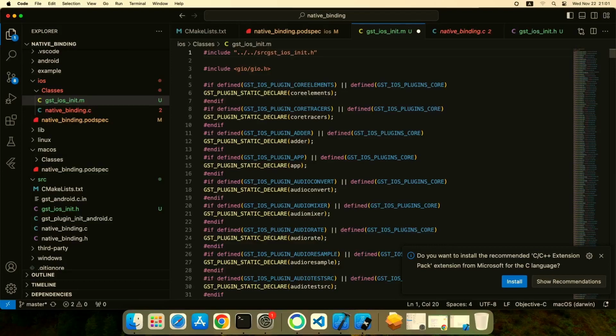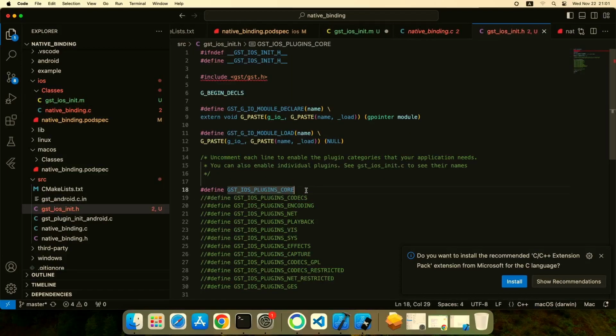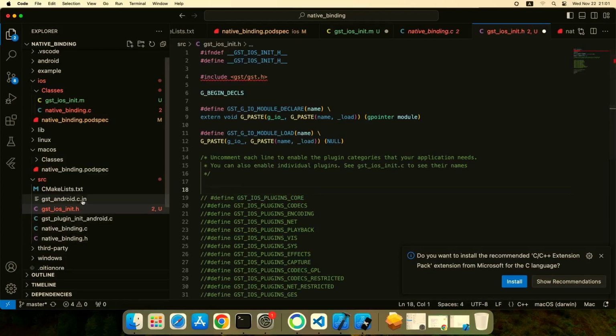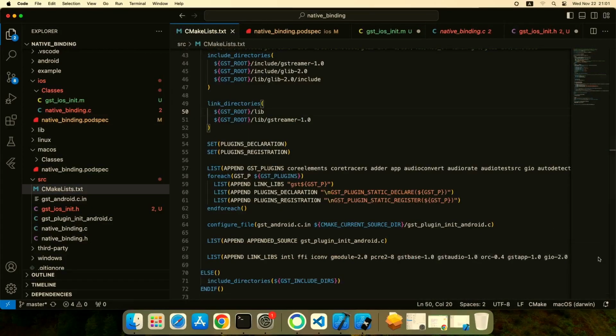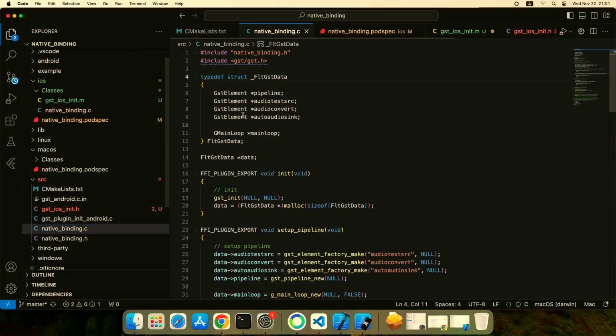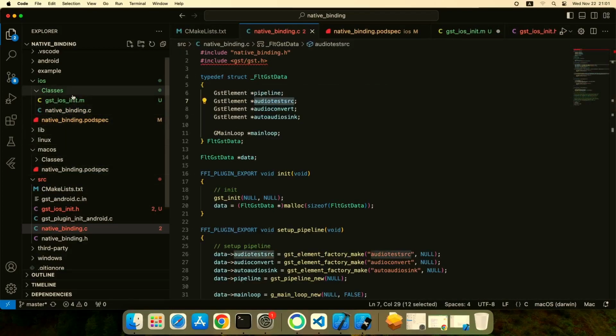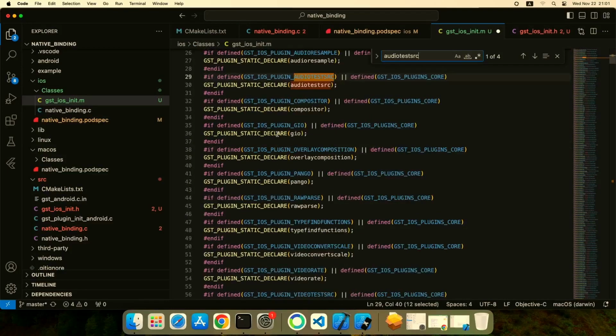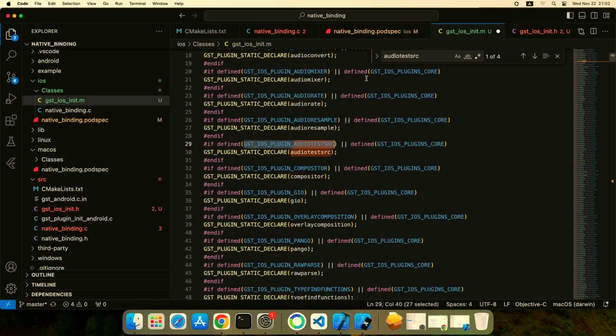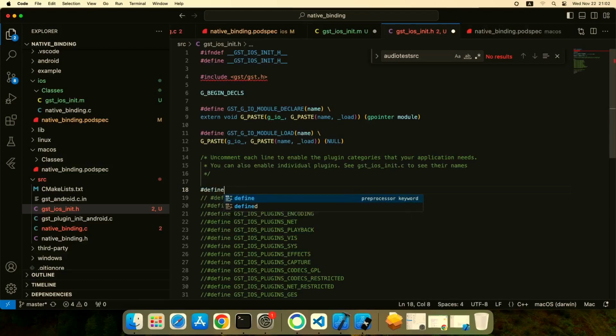Into src, and this is where our header files are. This is where our header file is. And in our header file, like on Android, we don't need this much, and we need an audio test src. Let's see what the correct define macro is, and this is the correct macro for audio test src. In our header, let's define this one,